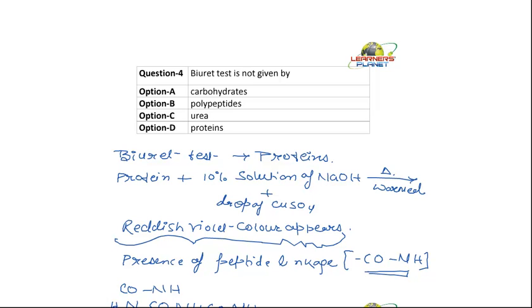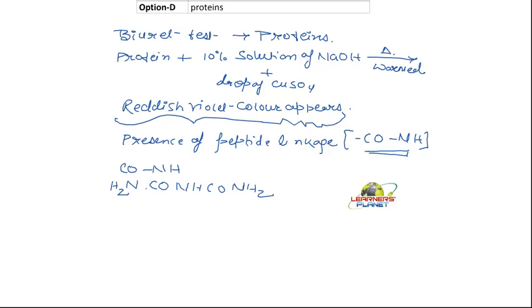So what is the thing which will not give Biuret test? Carbohydrates. Do you know the other tests given by proteins? It gives xanthoproteic test, right? The answer to this question is carbohydrates. And just for your knowledge, I would like to just refresh that the other tests given by proteins is, one is xanthoproteic test,